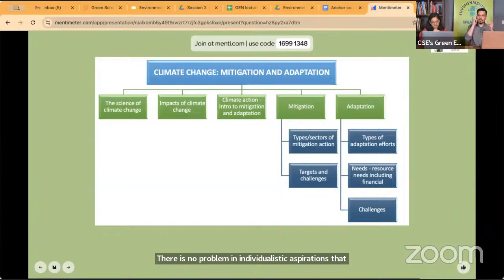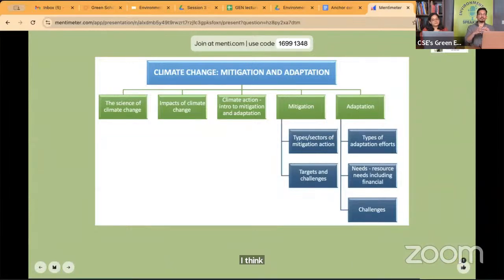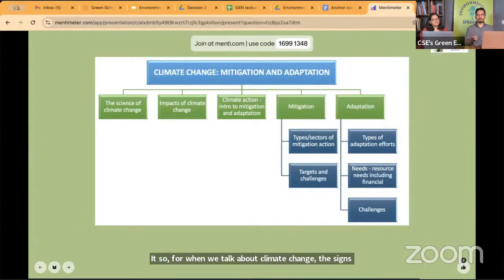The second part of this was that your students are not relating to the problems that you are telling them about climate change. I think when we talk about climate change, the science of climate change is not the only thing that we are talking about. We are also talking about the policies, the geopolitics, the changing economics around climate change. So some of these issues can be related to what the students are studying.